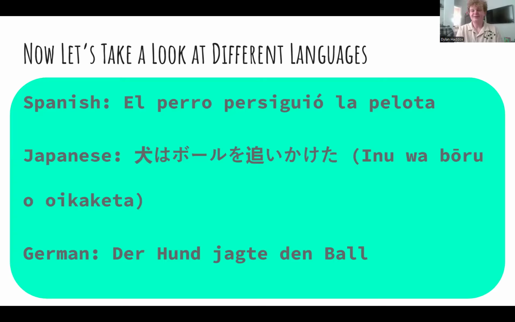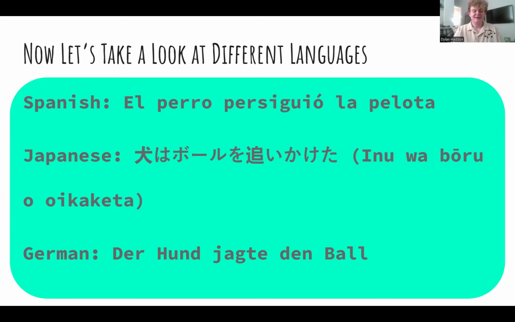And these are just translations of that last sentence, the dog chased the ball. I'm definitely going to butcher the Japanese one, but I believe it is "Inu wa boru o oikaketa." And then German, we have "Der Hund jagte den Ball." I'm sure that those last two weren't absolutely accurate, but